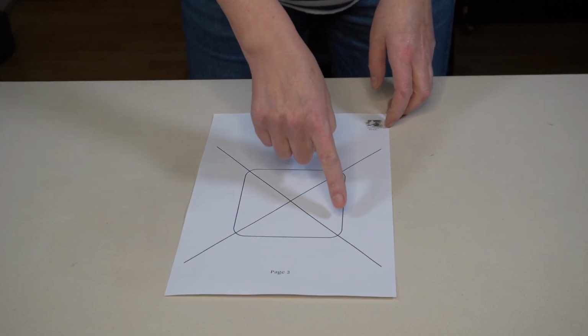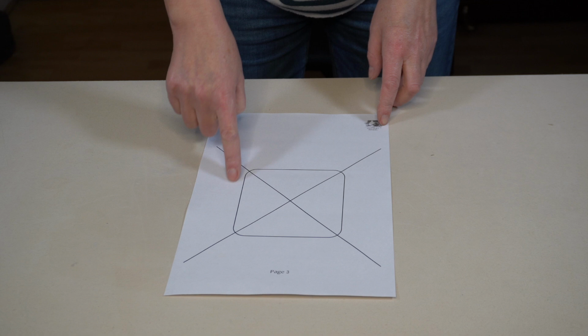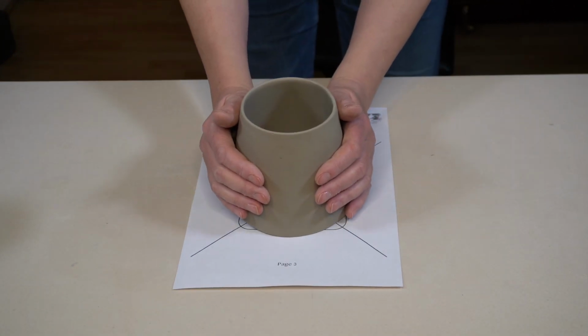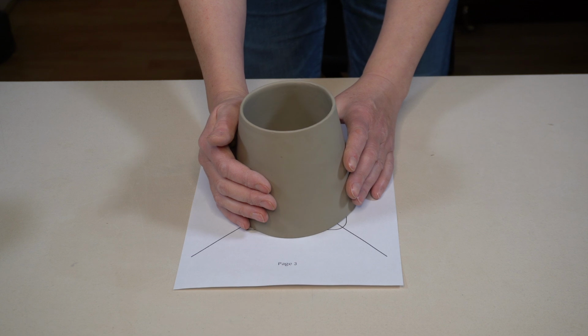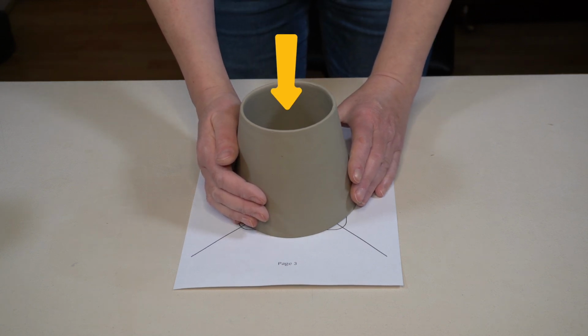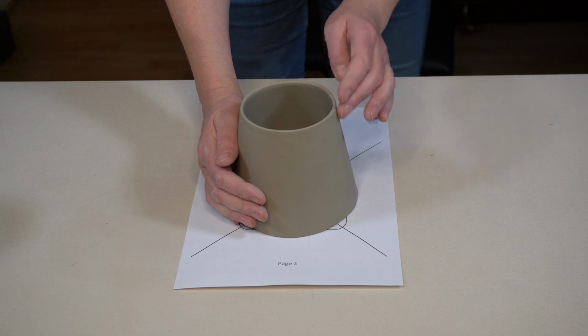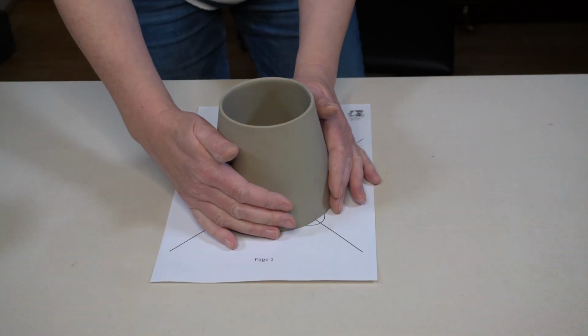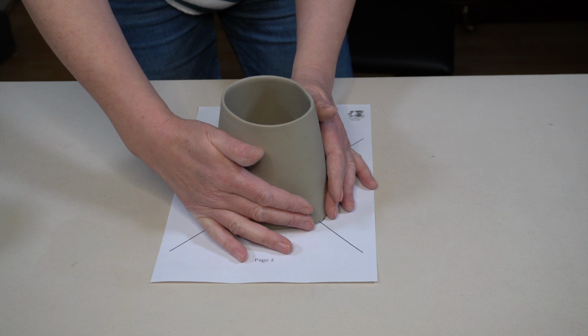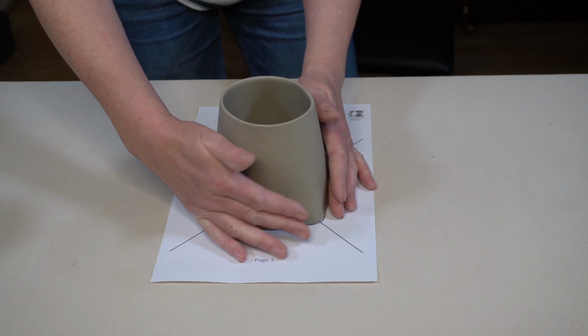It consists of a square with rounded corners and two diagonal lines that intersect with one another. I put the mug over the square and I look into the rim of the mug and I make sure that the point at which the two diagonal lines intersect is right in the middle of the circular rim. And when I'm sure that the mug is sitting right over the centre of the guidelines, what I do is